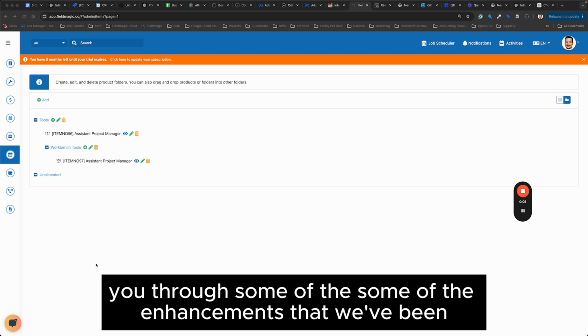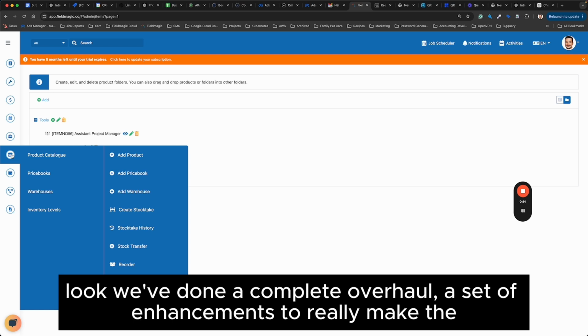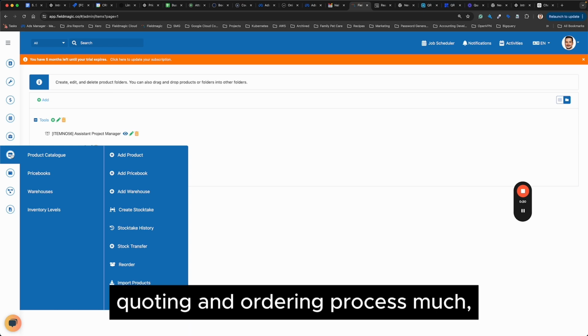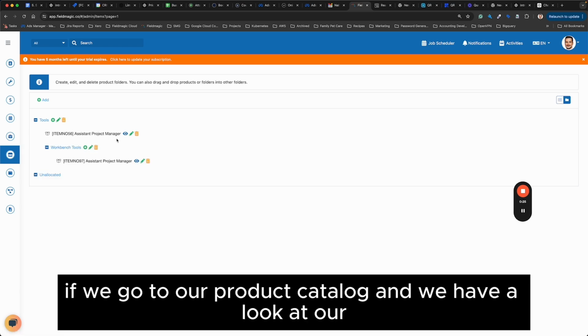Some of the enhancements that we've been doing to our product catalog and our quoting process. Yeah, look, we've done a complete overhaul, a set of enhancements to really make the quoting and ordering process much more streamlined. So first things first, if we go to our product catalog and we have a look at our